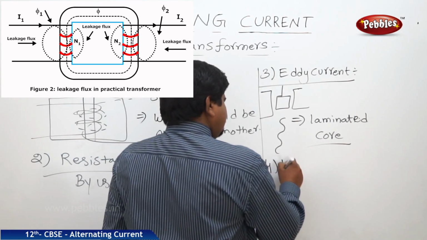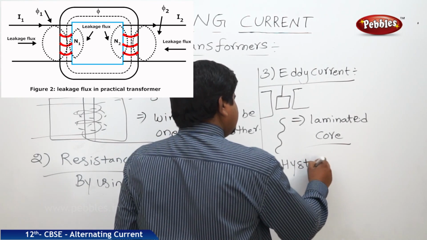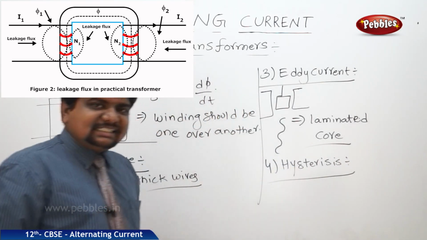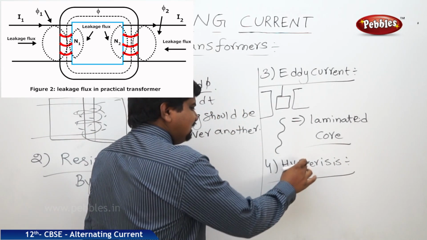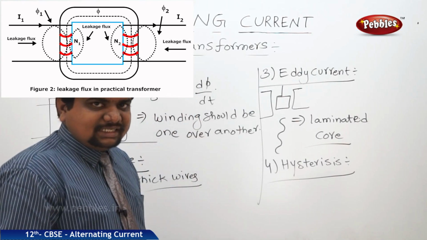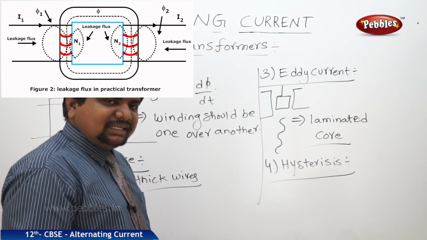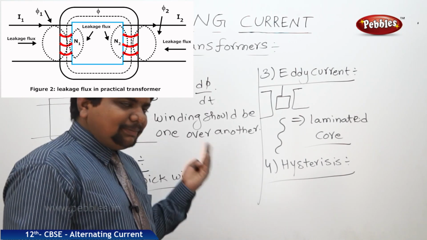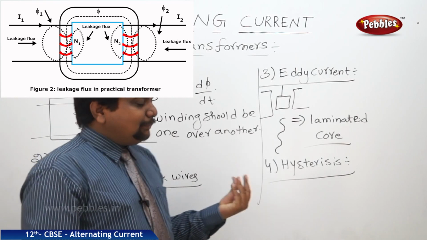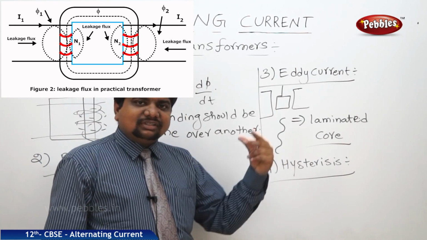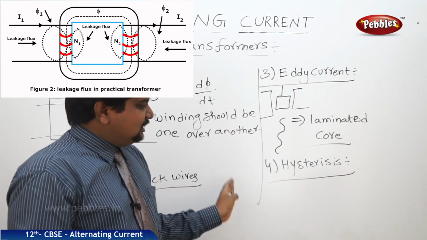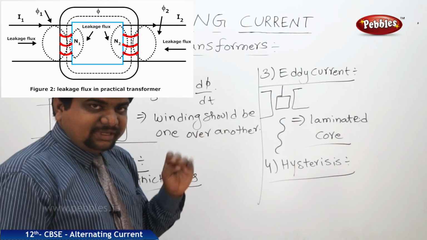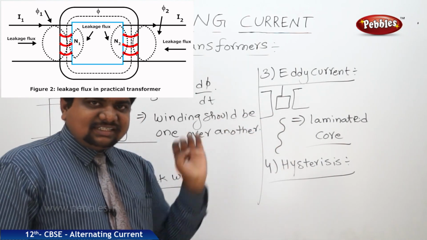Last one, hysteresis. So what is the meaning of hysteresis? If magnetic behavior is there inside the materials, these magnetic materials can keep retentivity. What is the meaning of retentivity? In the absence of a magnetic field also, up to some time there is a possibility for the storage of magnetic fields. So this hysteresis curve is there for each and every magnetic material, and it is called the BH curve.